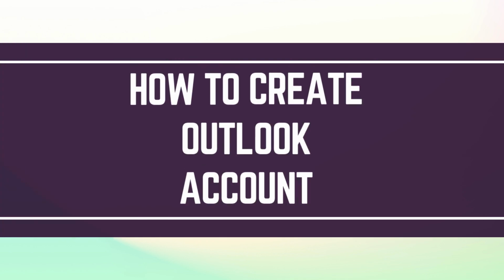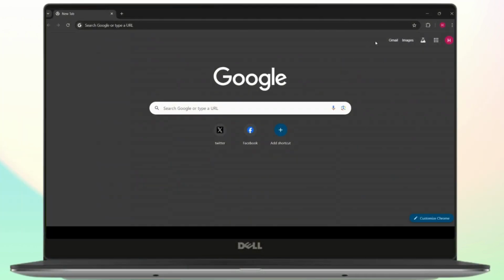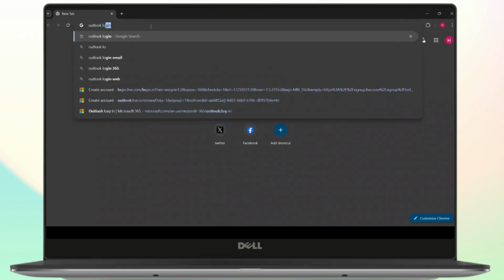how you can create an Outlook account. So if you don't know, Outlook is basically an extension for Microsoft's application, so you can access all of Microsoft's apps using your account. First, what you want to do is go on your browser and search for Outlook login,